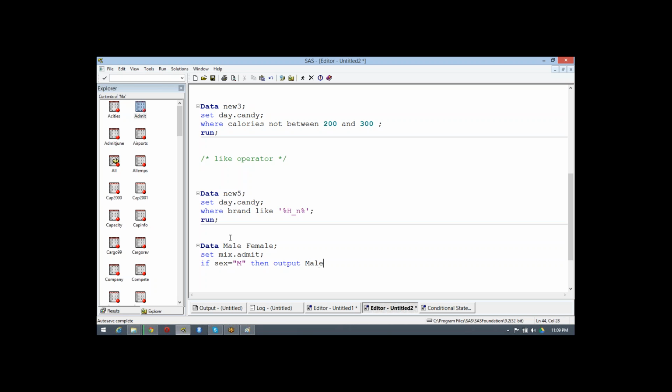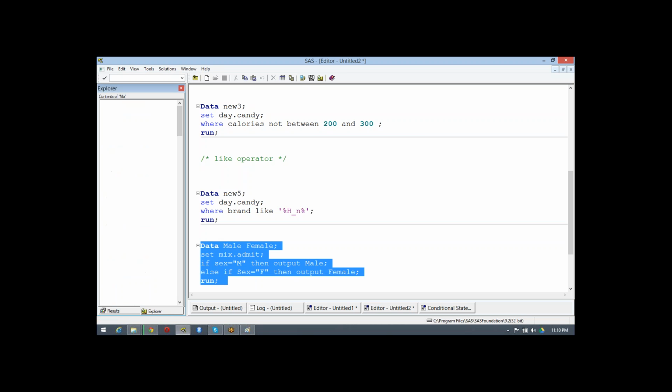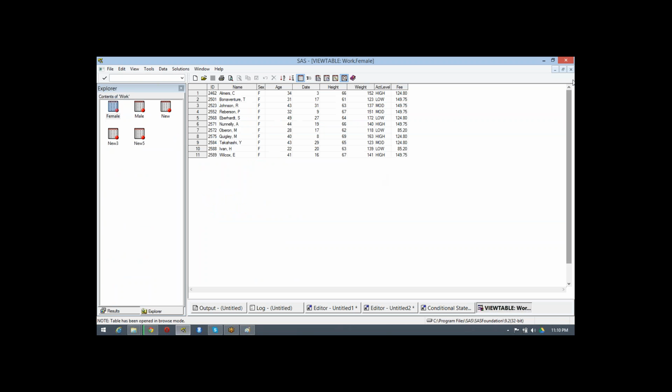So we say output male, else if, output female. We have only males existing over here, and only females existing over here.